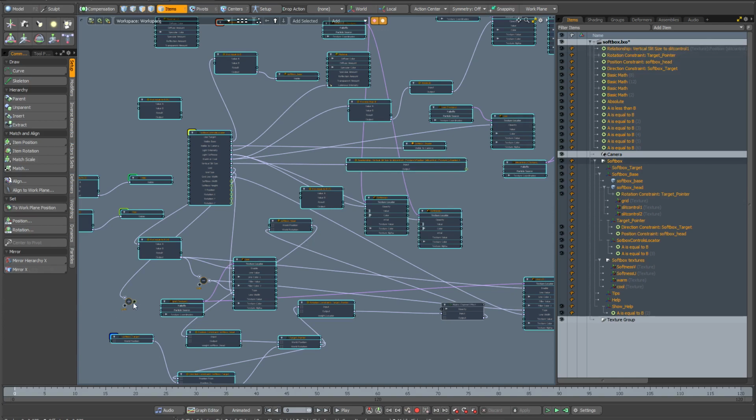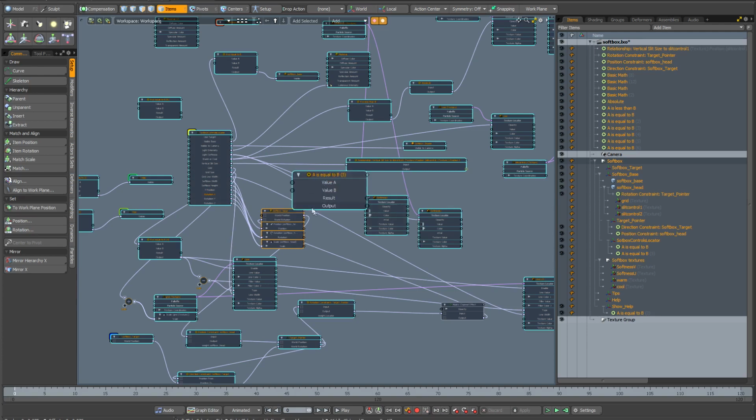I'm also going to go through in the schematic and just make sure that I've got all of these yellow dots expanded. I just double click on each yellow dot to reveal the nodes that are connected. And what I'm going to do is quickly pause the video while I go through and make sure that all of this schematic view is tidied up and I've got absolutely everything selected before saving